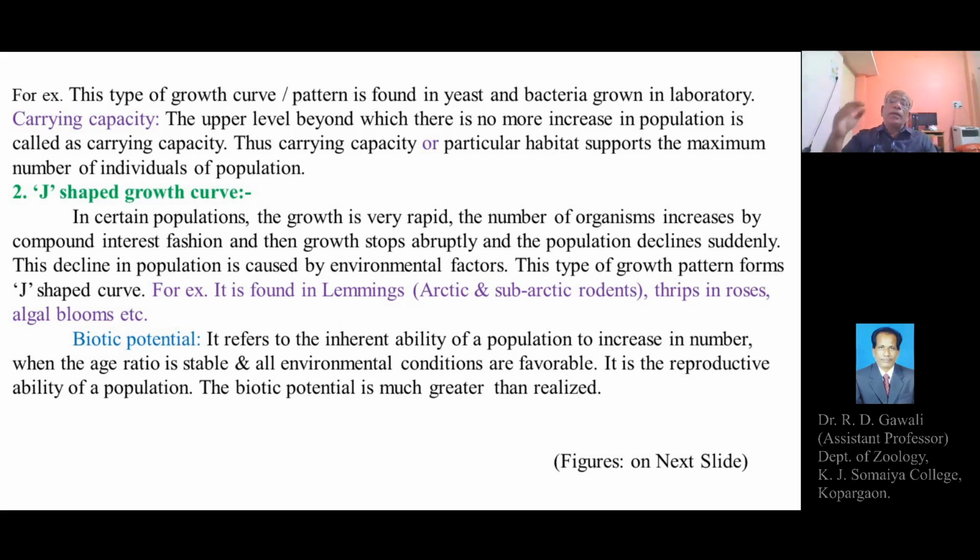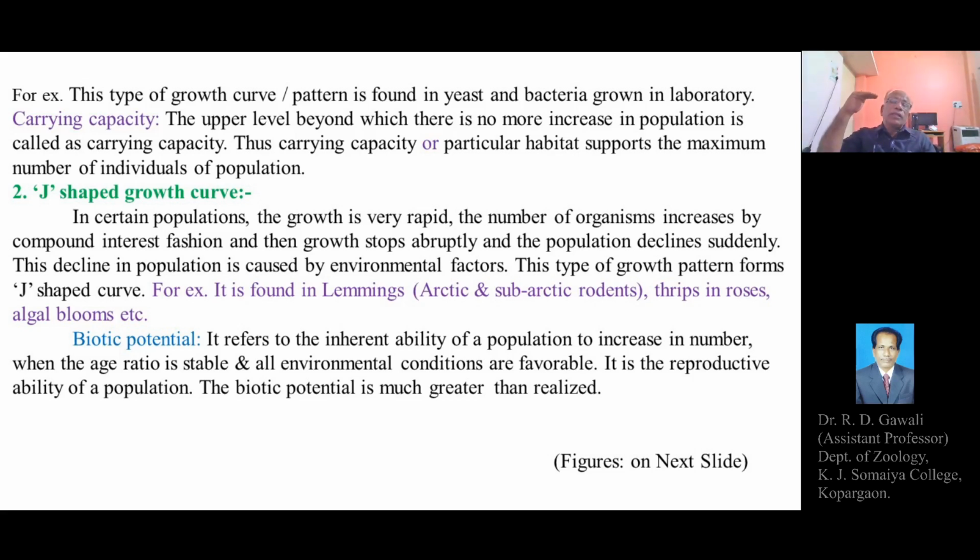Again, after reaching the maximum number, the growth becomes slow due to environmental resistance. It means there is a sort of control on various factors, parameters, or essential materials from the environment, called environmental resistance. This leads to slow growth in a population, and this stage in the growth pattern of the population is called the negative acceleration phase.